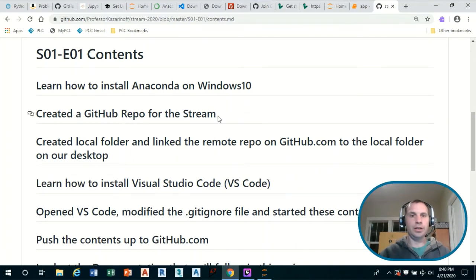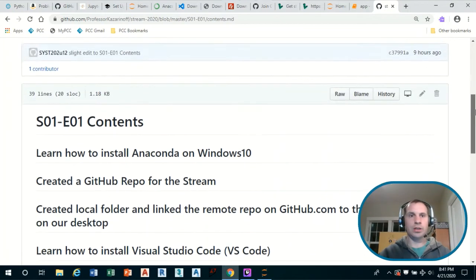And then right now I'm showing you the GitHub repo for the stream. So we've got a local folder sitting on our desktop, and then any changes I make to that local folder, that's going to get saved.